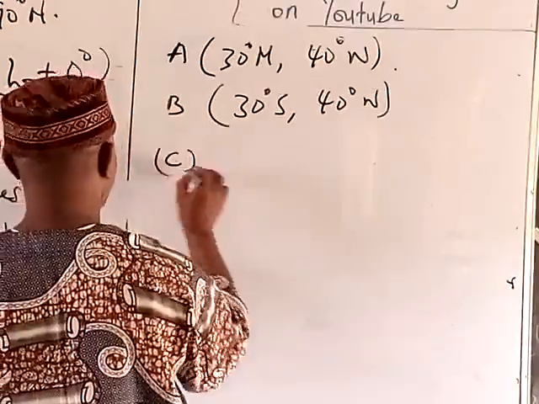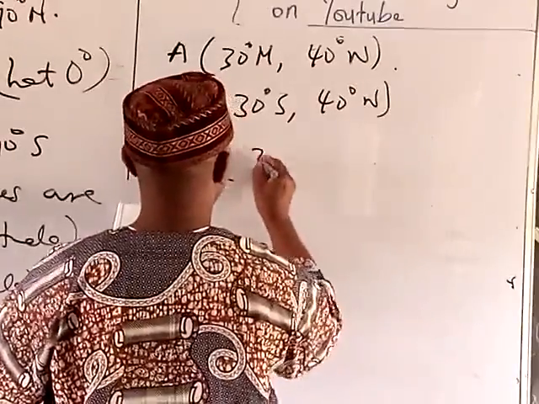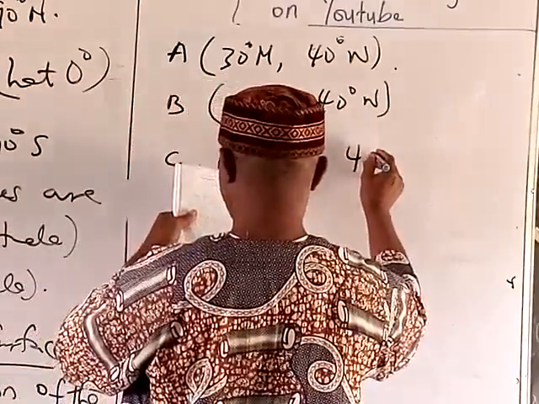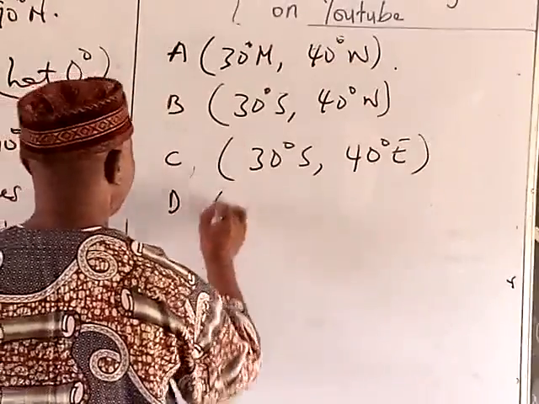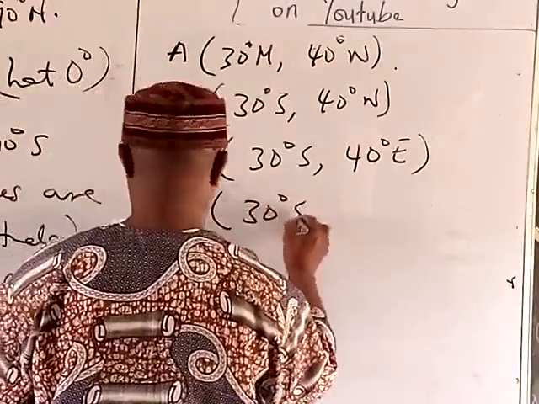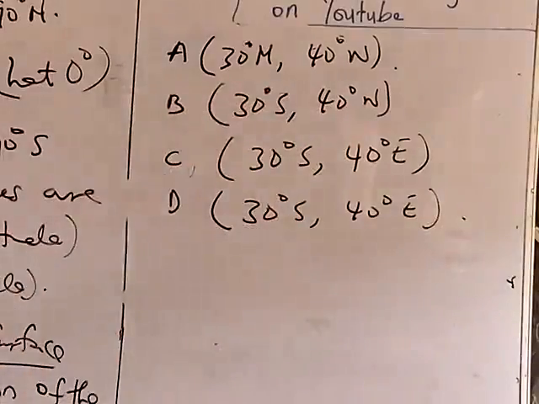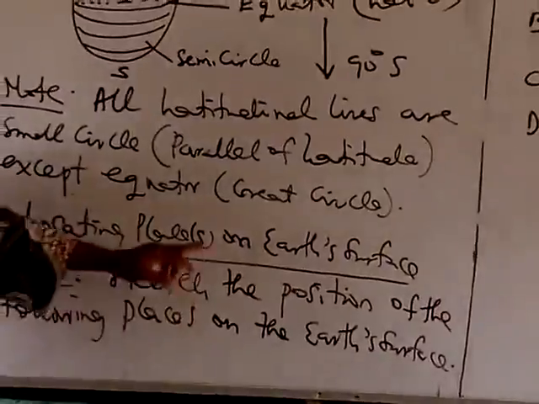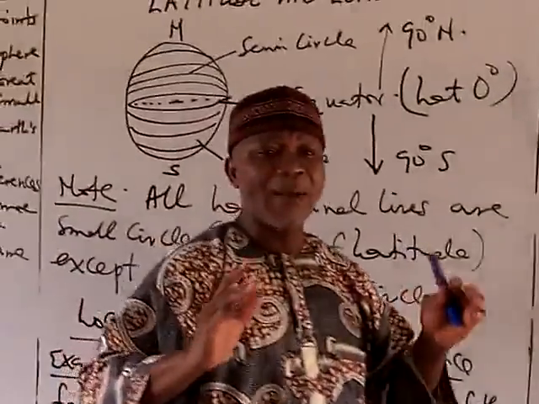C, 30 degrees south, 40 degrees east. And D, 30 degrees south, 40 degrees east. When you are given a question in this form, how to locate a place or places on the Earth's surface, sketch the position of the following places on the Earth's surface, it is very, very important for you